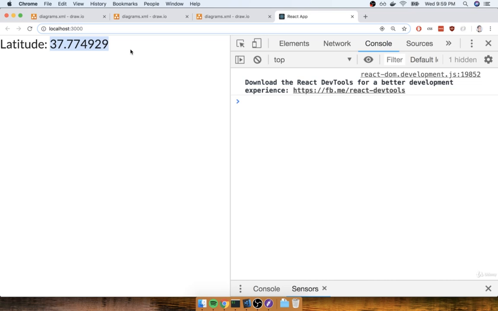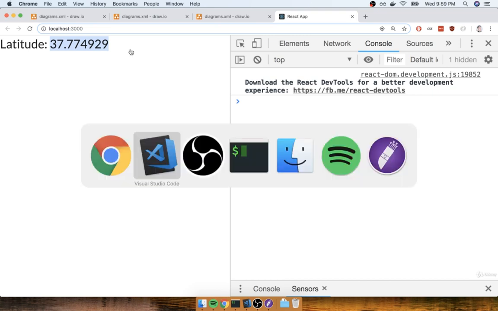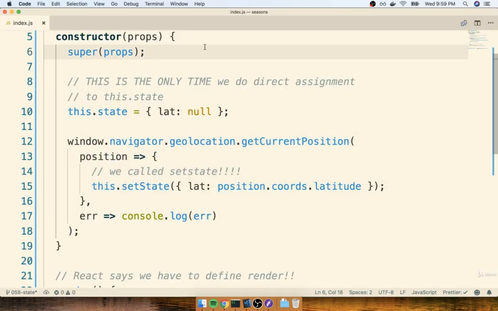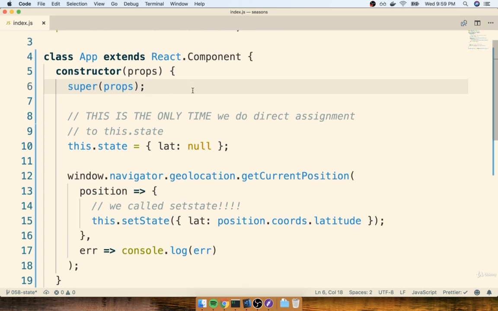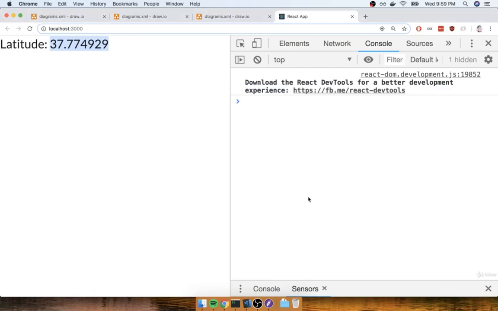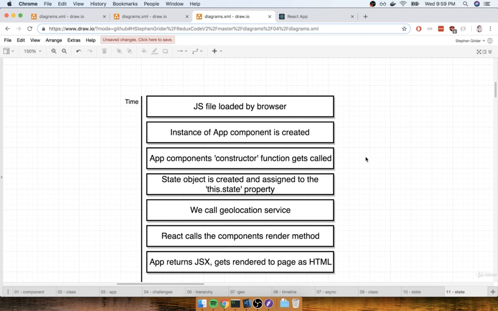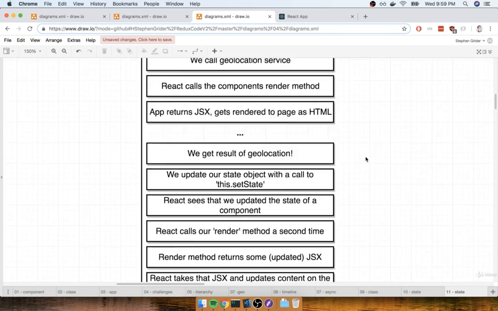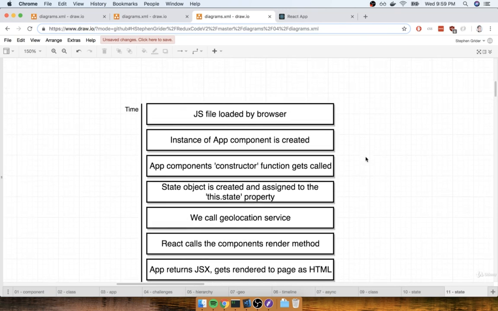That's the first run through of state that we're going to go through. And we're going to go through a ton more uses of state throughout this course. So at this point, if you're at all confused, don't even remotely sweat it, because we're going to get a ton of opportunities to understand exactly what state is. Now, before we start to write any other code, I want to go through a kind of long flow diagram to make sure that you really understand exactly what happened. So let's take a quick pause right here. When we come back to the next section, we're going to walk through the exact series of steps that occurred inside of our component.